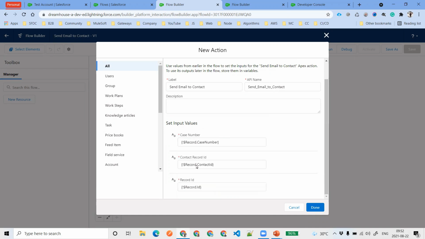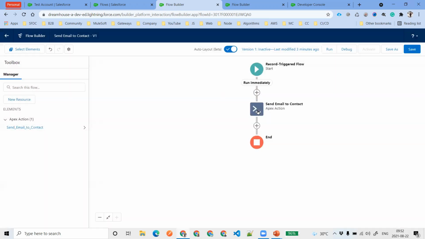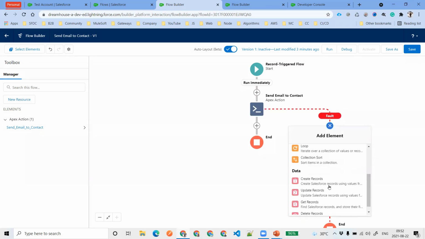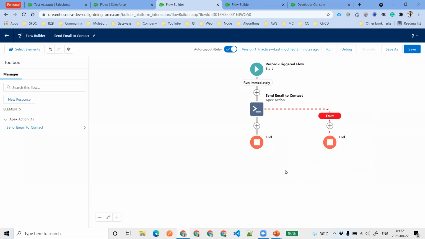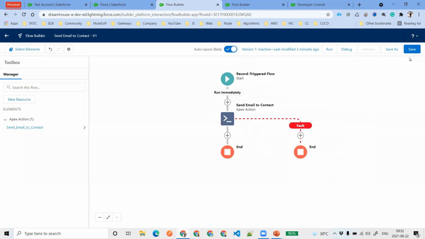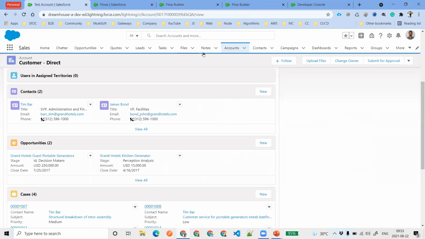So this time we are able to pass these variables: case number, contact ID, and record ID. We'll go ahead and click on done. If you have some sort of fault path, you can have that, like retry or something else, or an end. Whatever you want as a fault path, you can have, and we are going to save it. Now we have saved this. We'll go ahead and activate this flow because this is going to be a record triggered flow. And to test this, what we'll do is